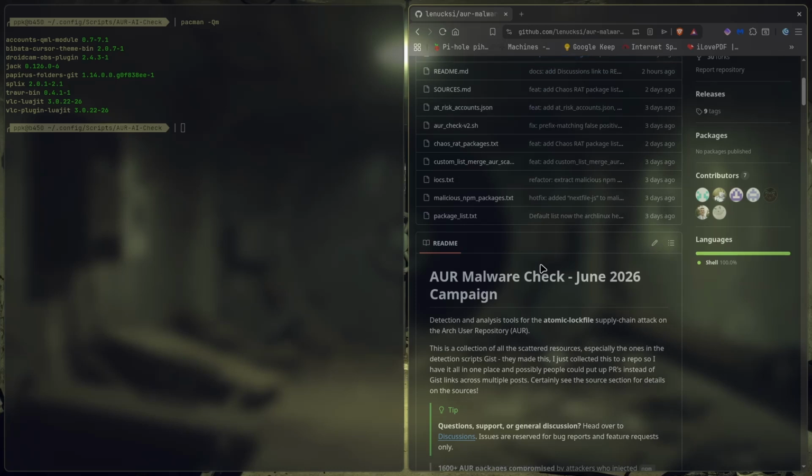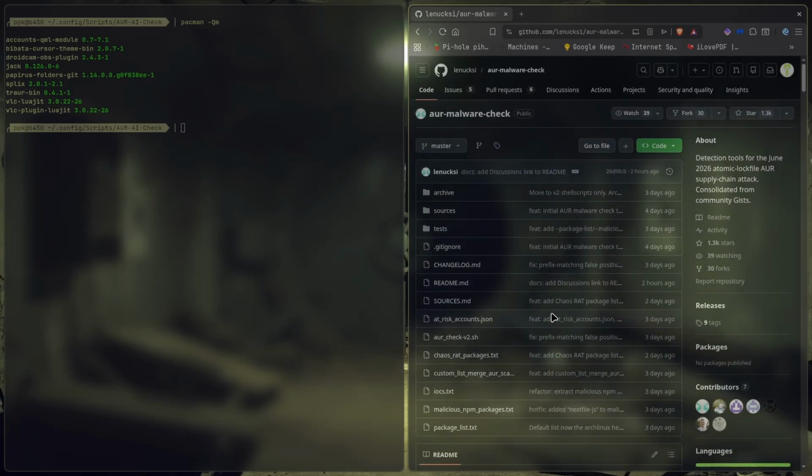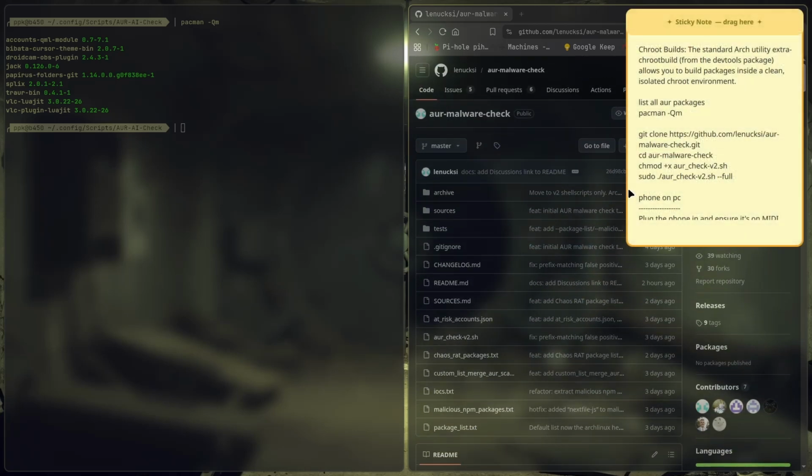Obviously, if you don't want to run a script, then you're going to have to get the list, but it's 4,000 infected packages, and you have to compare them to yours. Or you can write your own script and do it that way, but I just run this script. So let's see. So basically just run this,